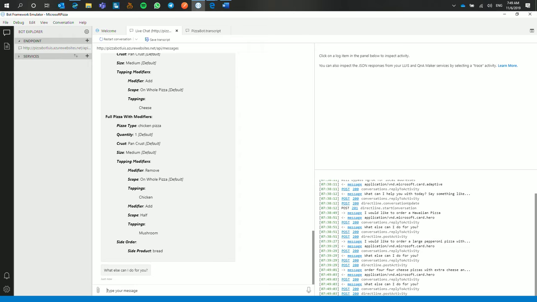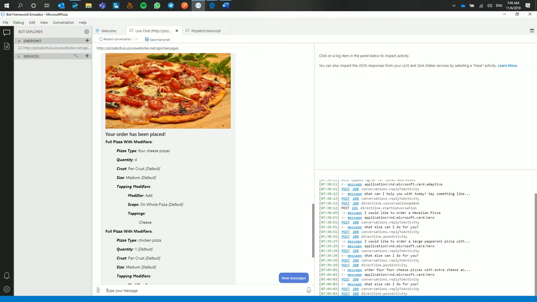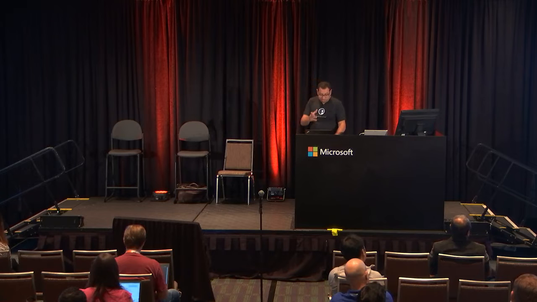And actually, the emulator is nice because it allows you to see what you're doing and trace stuff on the side here. You can actually trace the messages. And adaptive cards are pretty cool. It would have been a nice experience if you could customize the image there to the pizza ordering, but that might be a contribution from one of you guys.